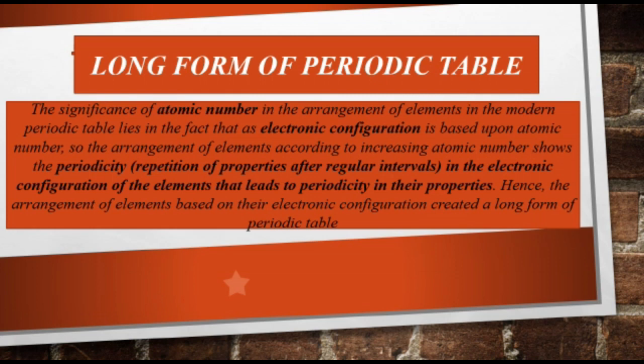the increasing atomic number, as it shows periodicity. What is periodicity? Periodicity is the repetition of properties after regular intervals, that is, regular repetition of properties, repeating again and again. That is called periodicity. In the electronic configuration of elements, that leads to periodicity in their properties. Hence the arrangement of elements based on the electronic configuration created a long form of periodic table. So the electronic configuration is the basis that allows us to arrange the elements and create a long form of